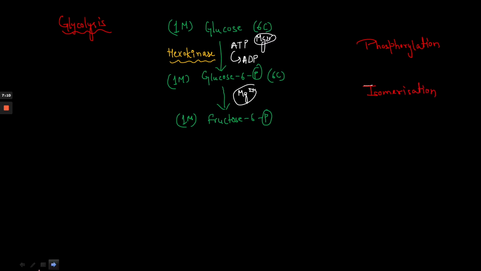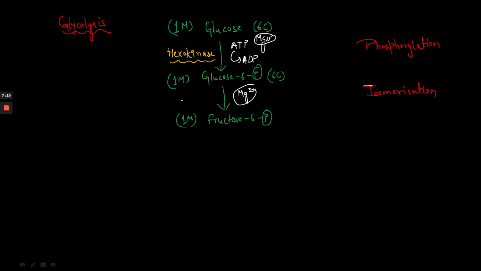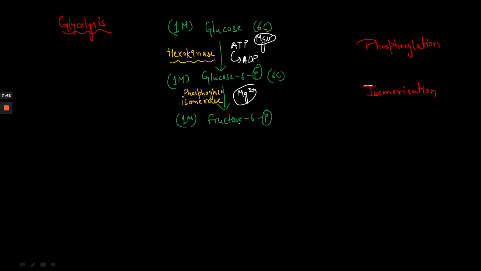And the enzyme that is involved here is basically, since isomerization is happening, an isomerase enzyme. And since the substrate was glucose 6-phosphate, the enzyme name particularly is phosphoglucoisomerase. Okay, now in the third step, one molecule of fructose 6-phosphate is going to get converted into